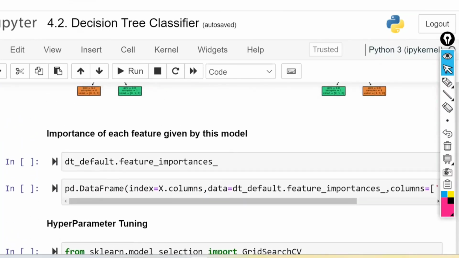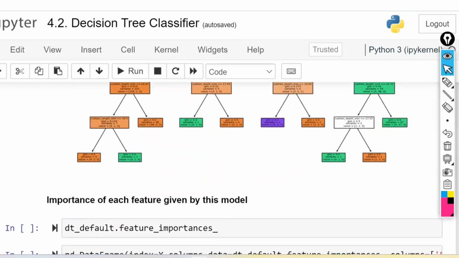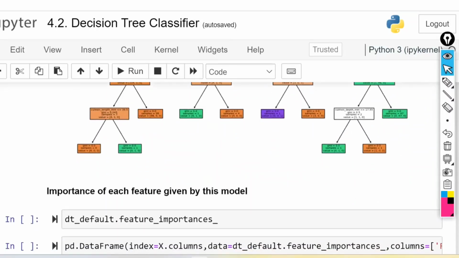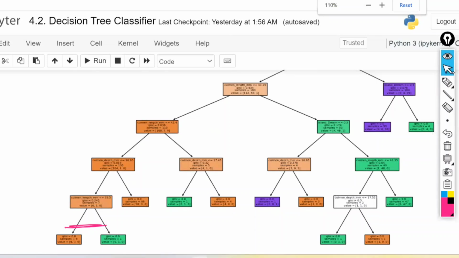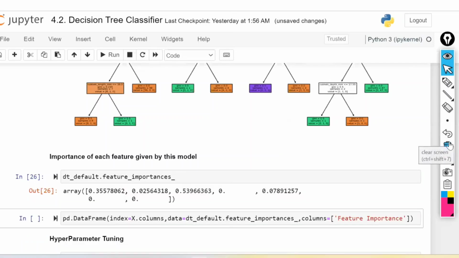Now, what I am going to do is pruning. But before pruning, from the decision tree onwards, we are having one more thing called feature importances. Whatever model you are having, you write model.feature_importances_, and it is going to tell you which feature has how much percentage of importance in creating this model.